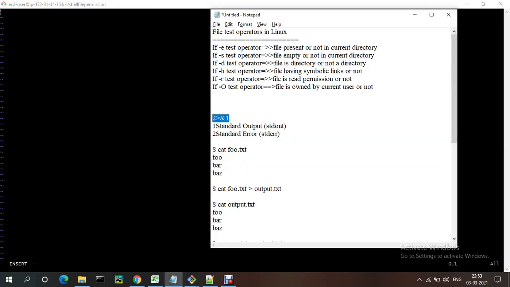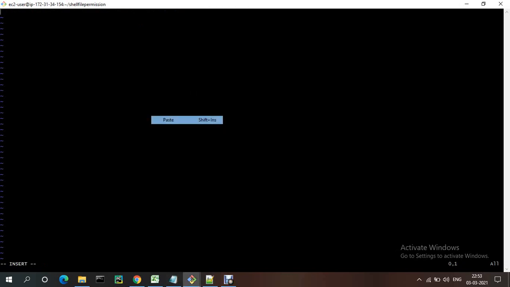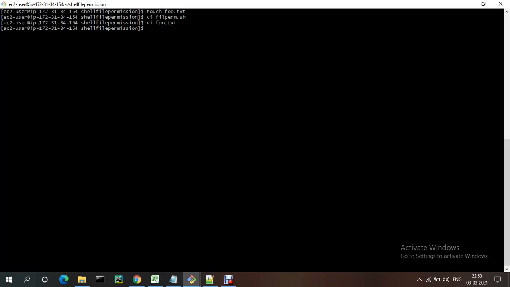I'm inserting some data in this file, and I want to redirect it to another file. That time just cat, greater than output.txt, output.txt.